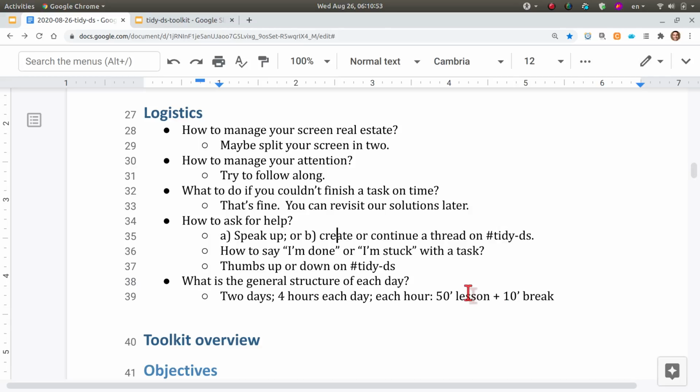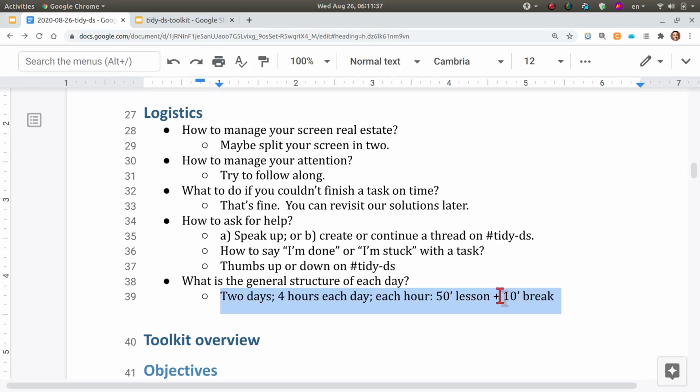Because we are a private group, we can also use Slack, so feel free to type questions on the Slack channel. If we're working on a specific task, one idea that I have, and we might try it, is to just type the name of the task on the Slack channel tidyverse, and then start a thread about that task, and then try to focus questions on specific tasks, and keep each task as a comment, with threads for those tasks. We'll see how it works. Maybe if I need to ask you if you are still working on finishing a task, we use the thumbs up or down.